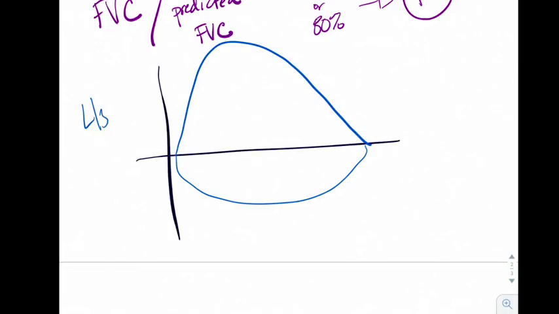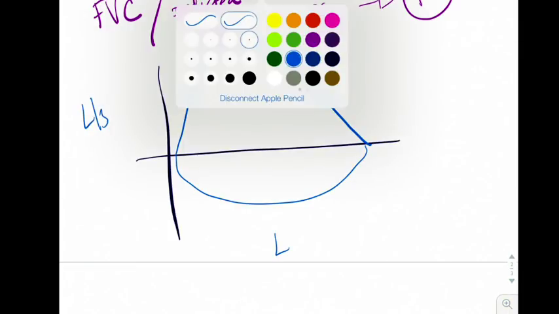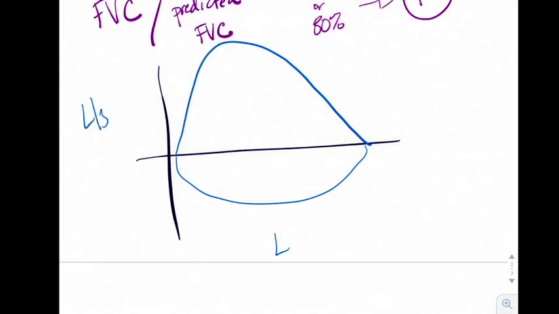Notice that time, this is liters per second and this is liters. Time is not plotted anywhere on here. So what the computer will do is actually mark the 1 second mark. And if you come down to here, from here to that 1 second mark is going to be our FEV1,